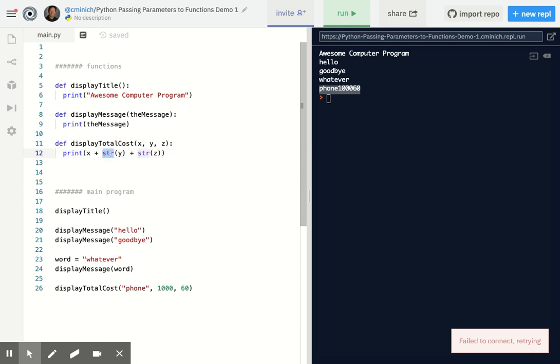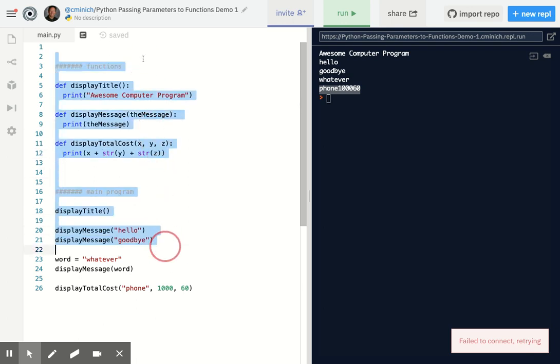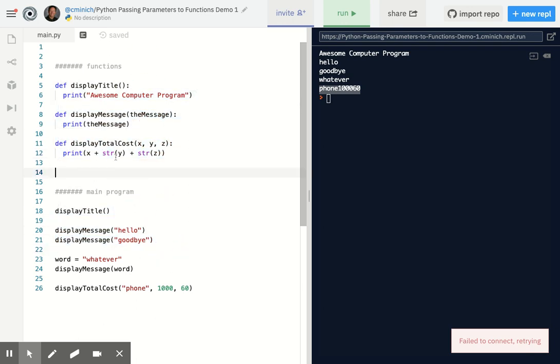Hey, what is str, by the way? Well, str is a defined function, but not defined here in my current Python module. It's built into the language Python. Currently, I think I'm running Python version 3.7. So str is a built-in function that's accepting a parameter named y there, and that's not what I want to do. So I don't save this with str, but rather I want to take y and add it to z,